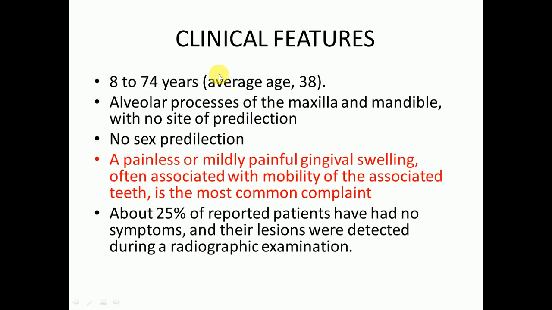Now we'll discuss clinical features. It is most commonly present in patients who are 8 to 75 years of age. Average age will be 38, so it covers a wide range of age. The alveolar process of the maxilla and mandible will be the most common places where these tumors can be found. There is no site predilection, and also there is no sex predilection